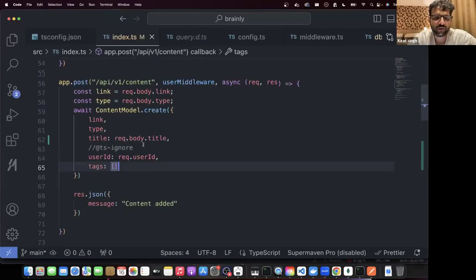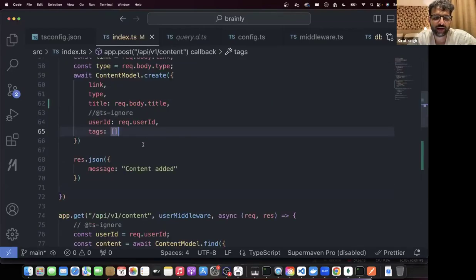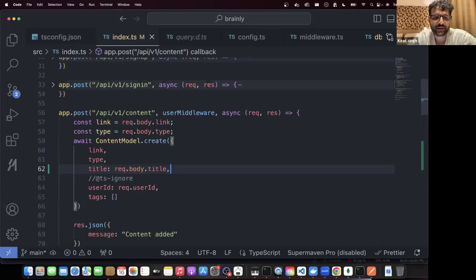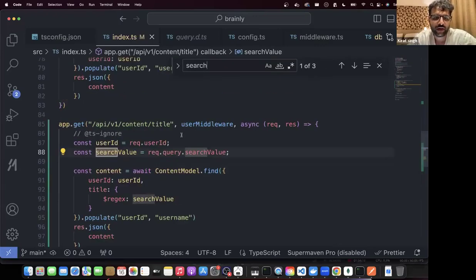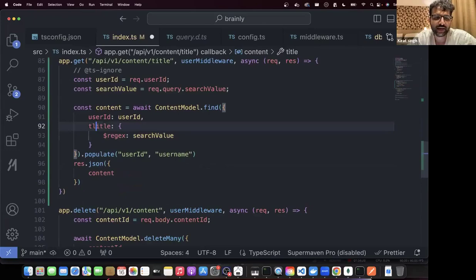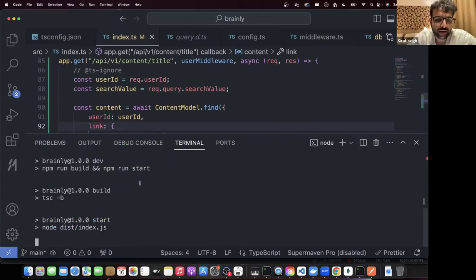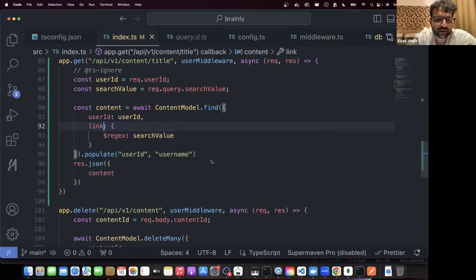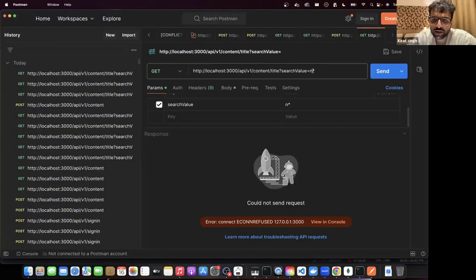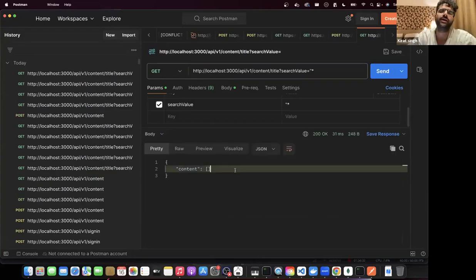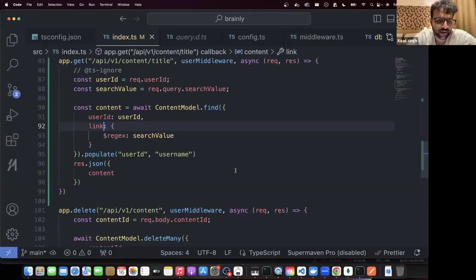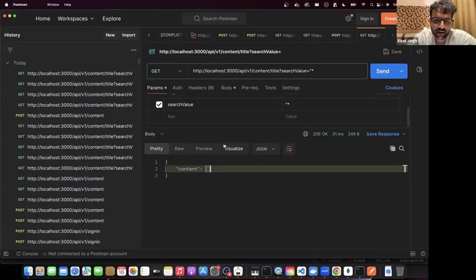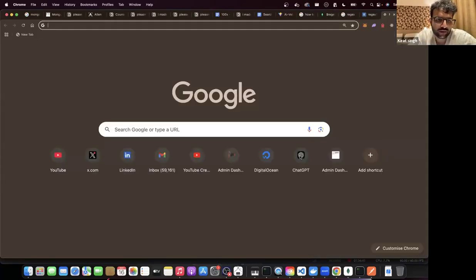Let me quickly go to the endpoint that I had created. Search value. And यहाँ पे title की जगह let me do it on the link. I have to rush इसके बाद वैसे. And let's see if this works or not. Special character star. If I send a request here, it does not return a value. So you might just be right here. Okay, it is not working on special characters, and I will just Google like you would.